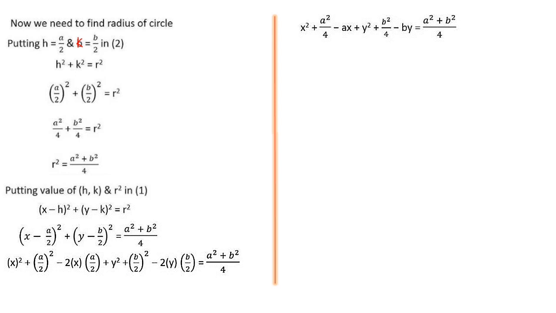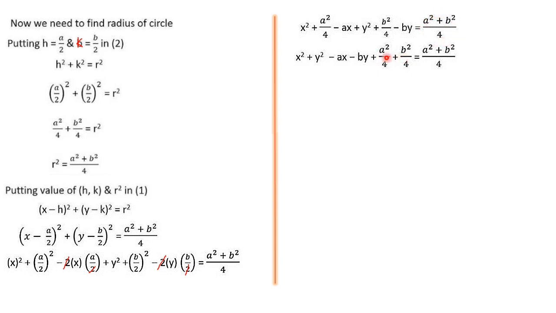Here in the calculation, when we do some cancellation, here 2 we can cancel, and here also 2 we can cancel. Then what we can write is first term x square as it is, the next is a by 2 the whole square, that is a square by 4, minus a into x, that is ax, plus y square is there, the next is b square by 4 minus by, equal to a square plus b square by 4. Then arrange it: x square, then y square, then x term minus ax, then y term minus by, the remaining all we can collect together. You see here a square by 4 plus b square by 4 on the left side. Right hand side remains the same.